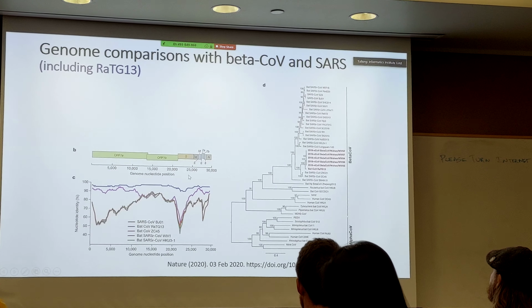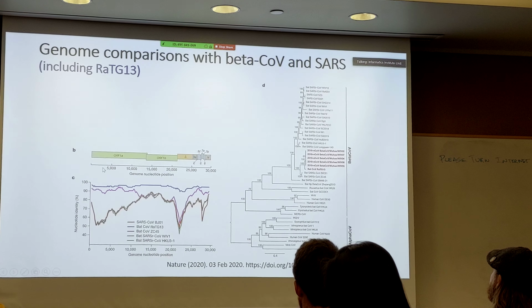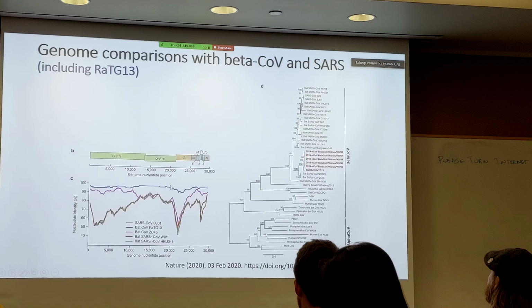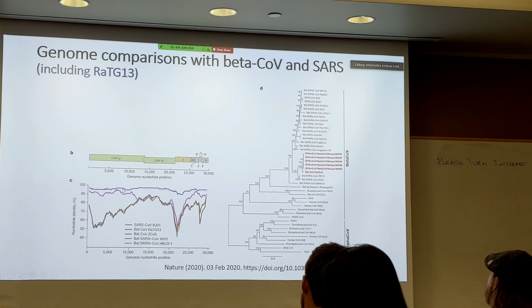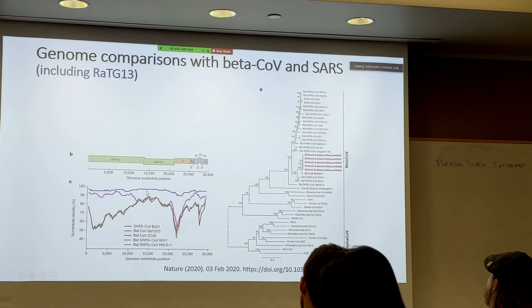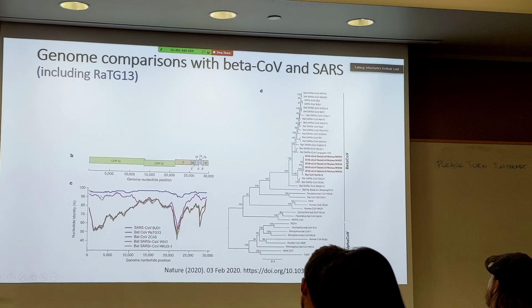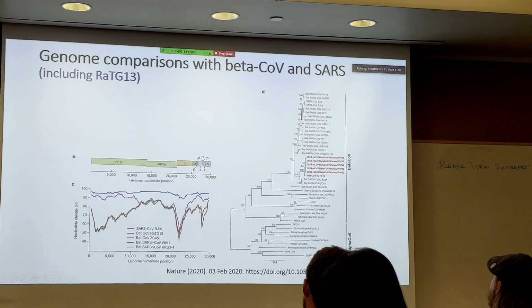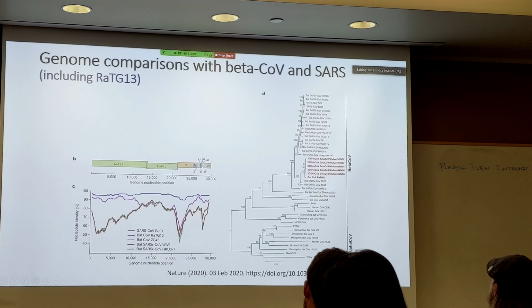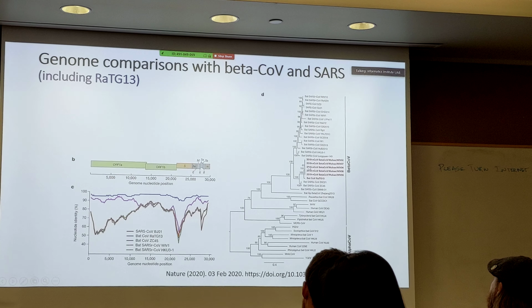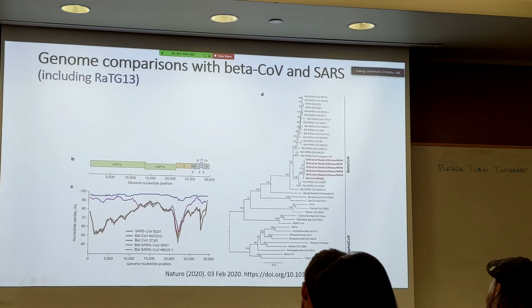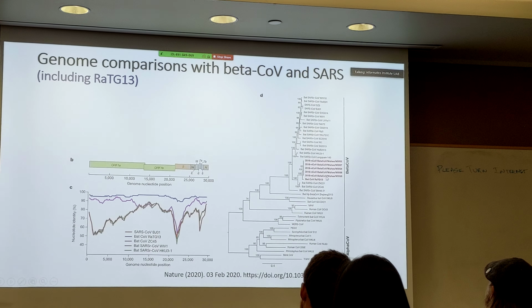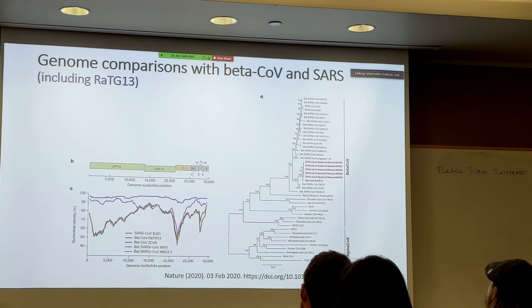Another paper published in Nature found another genome called RATG13. RATG13 is a beta coronavirus that was previously not deposited in NCBI's database. Look at the similarity of the new coronavirus with RATG13. It far exceeds all of the other ones. And when you do the classification, the new coronavirus found in the patients is also clustered together with RATG13. So it seems like the problem has been